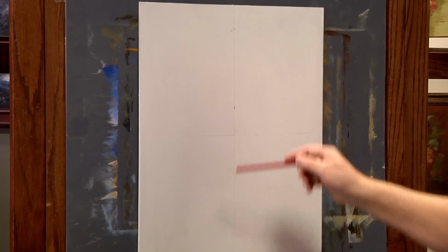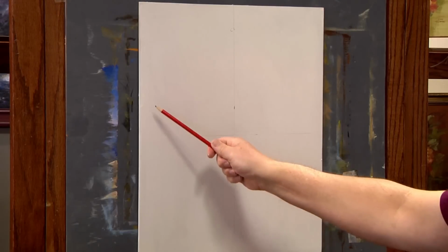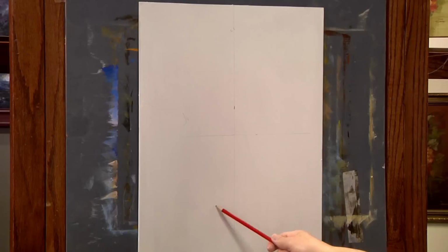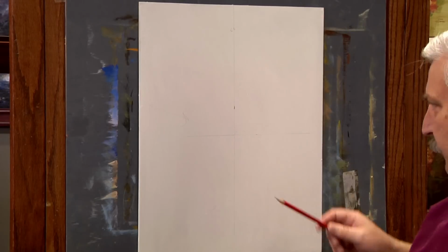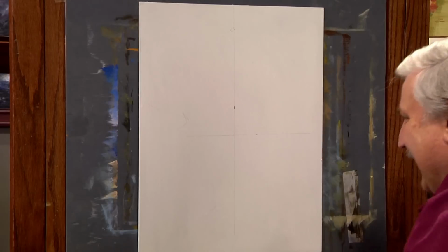So if this is center, now I determine which way I'm going to bring the light in. I'm going to bring the light in this time from upper left. That's one of my favorite things to do, is bring it in from that side. You can just flip it over and bring it in this side if you like to paint in that way as well. But I'm going to bring it in this way, which means what I'm going to do is actually